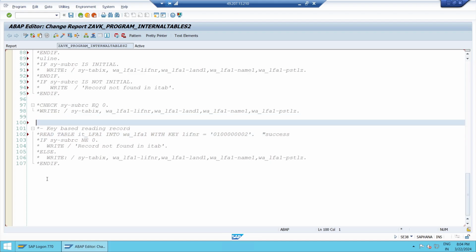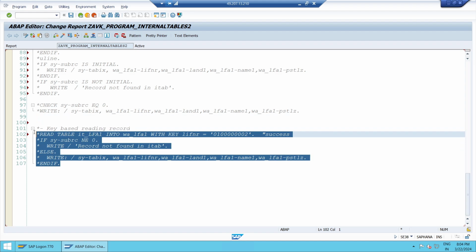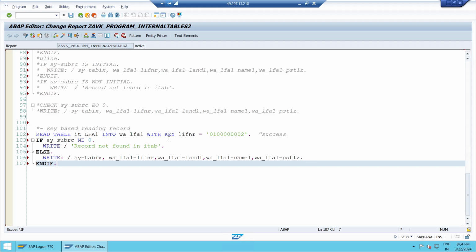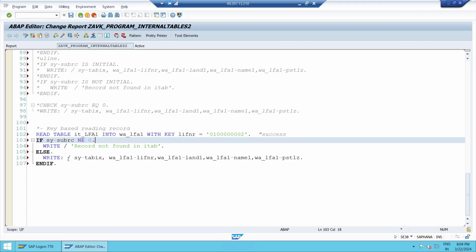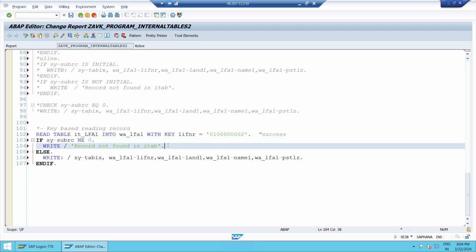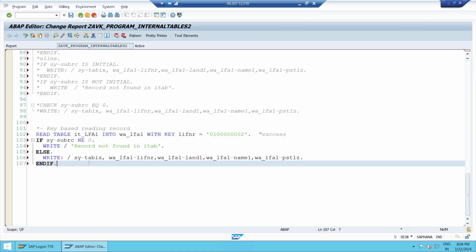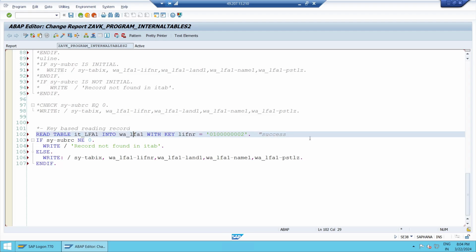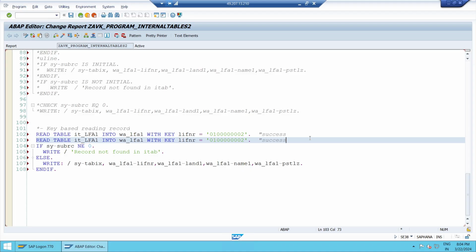In case of key based, again the same not equals to zero means size of bar say fail. You will get this record not found if it's found, else what we are printing. This is a success case. Right. We will go to the failure case. Yes, we have to see many things. First of all,